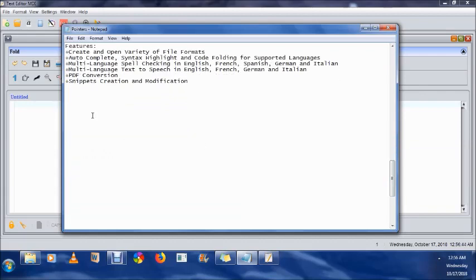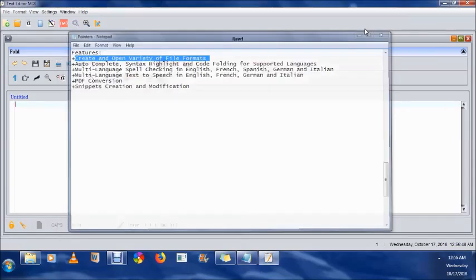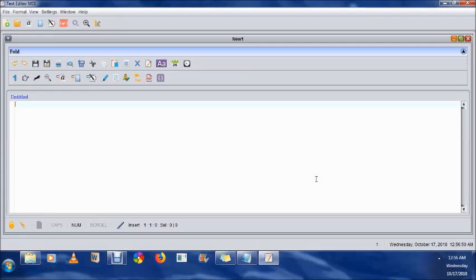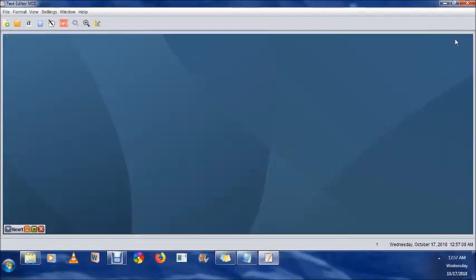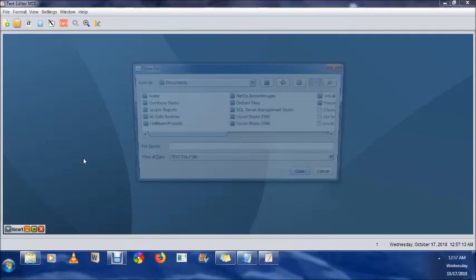You have the ability to create and open a variety of file formats. Every file that you create is represented as a child window, and every file that you open is also represented in a similar manner. So here I've just created for myself a child window, which is an empty file that is expecting content from me. I can go ahead and create another window by just going to open,